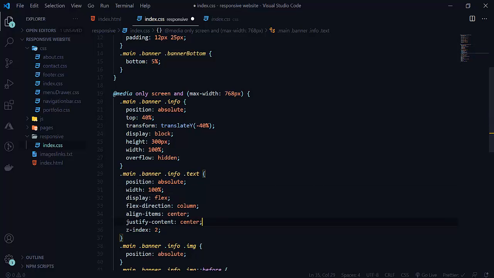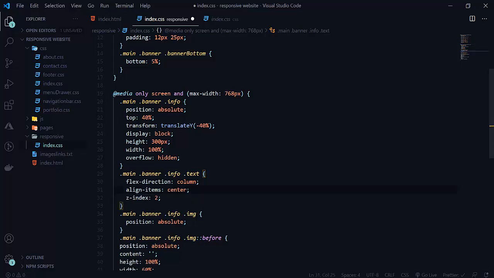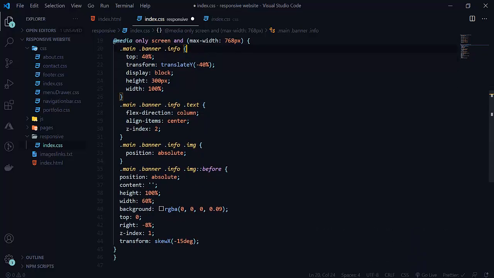Yes, we are changing justify content as center also, so that's why we need this also. So let's remove this, and let's remove this also. So after that, here we are changing just its height, and we also set its width here. So display block we needed, and we set its absolute only, so like that we want.